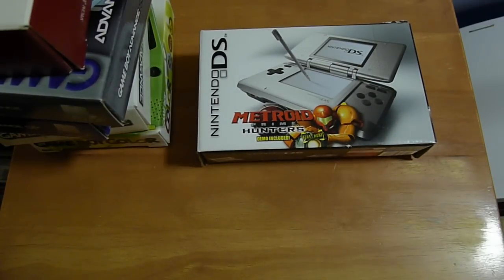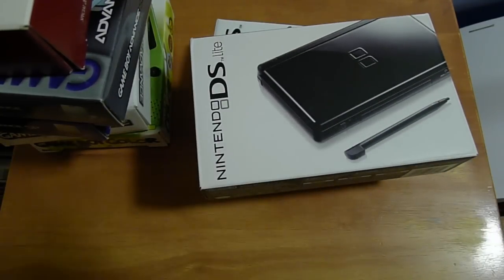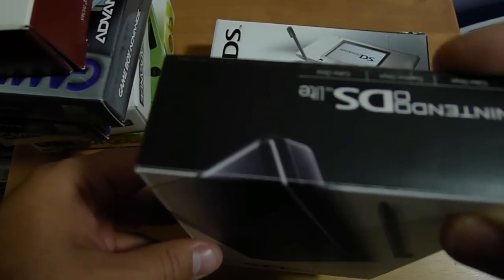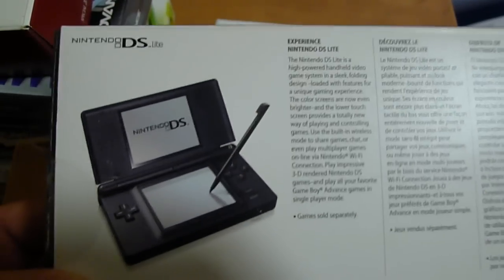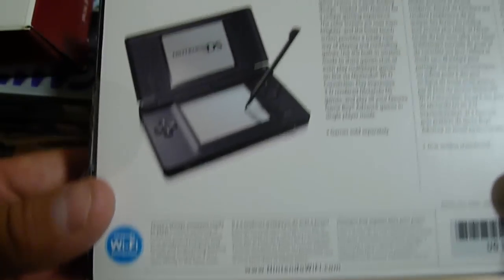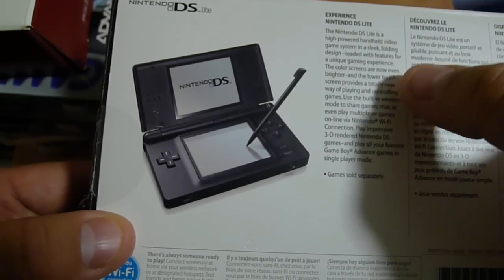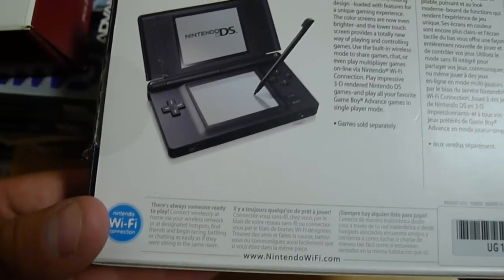But along came the Nintendo DS Lite. Originally released only in white. This is a, what do they call this one? Onyx. This is an onyx colored Nintendo DS Lite. It was much sleeker, with brighter screens. Like literally, it says the color screens are now brighter. Lower touchscreen provides a totally new way of playing, controlling, etc., etc. Play impressive 3D rendered Nintendo DS games. They actually did not advertise